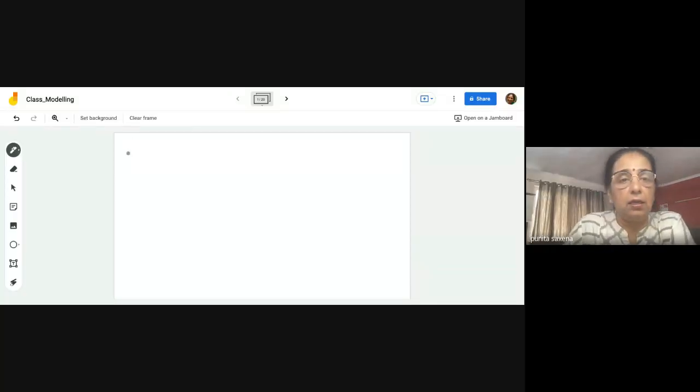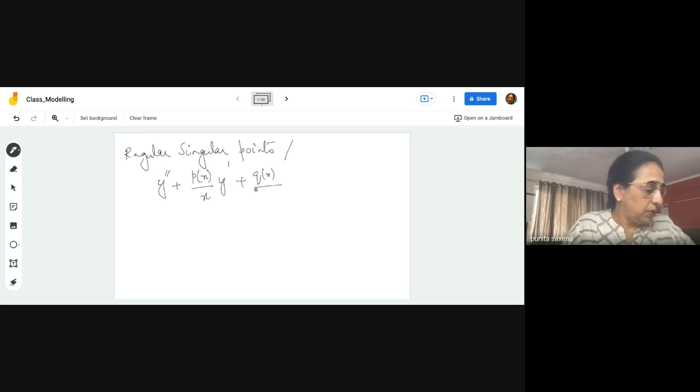Yesterday we were talking of regular singular points and irregular singular points. And we had seen that if we are able to express our equation in this manner, q(x) upon x square y equal to 0,